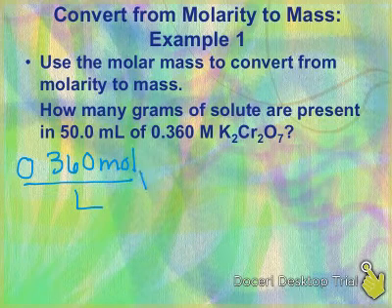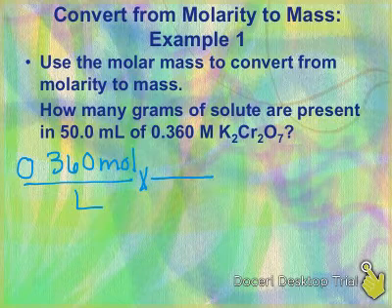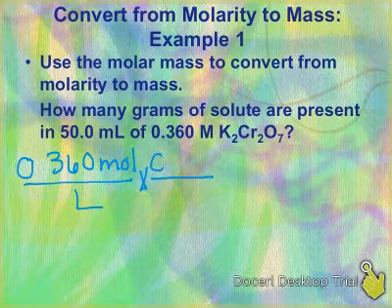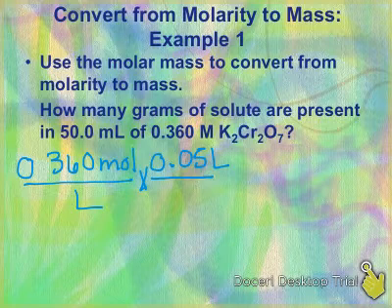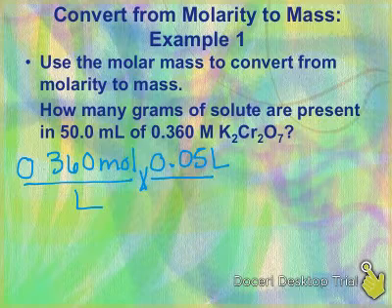So do we want volume on top or bottom? Top, and I know that 50 milliliters is 0.05 liters. I just moved the decimal over 3 times. That way I don't have to do another conversion factor. So that got rid of my liters, but we don't want liters, we want